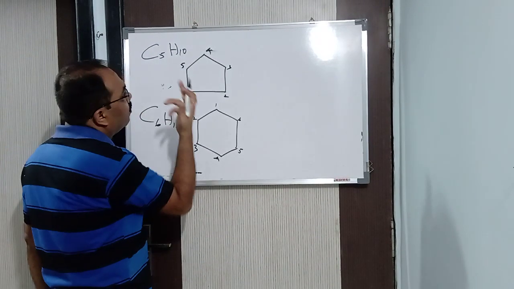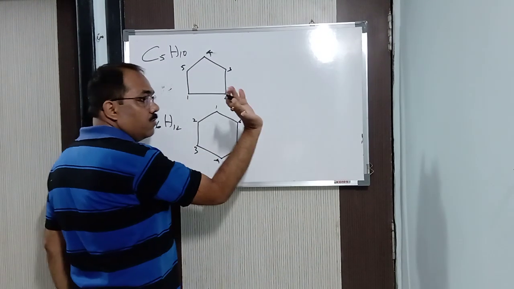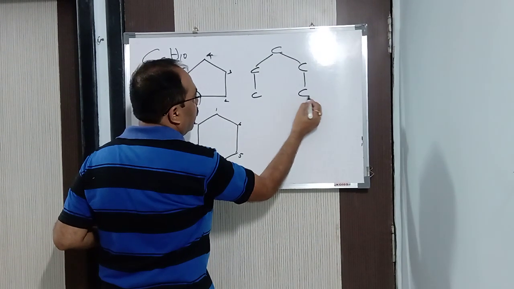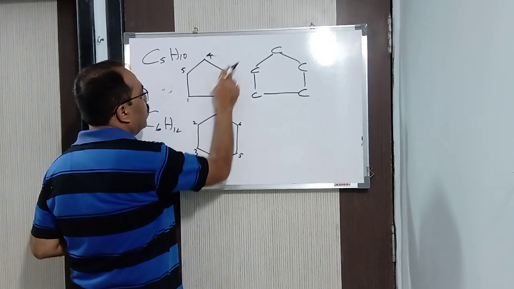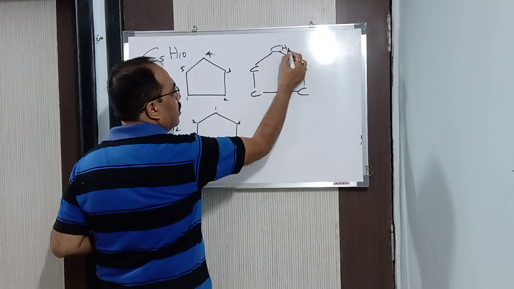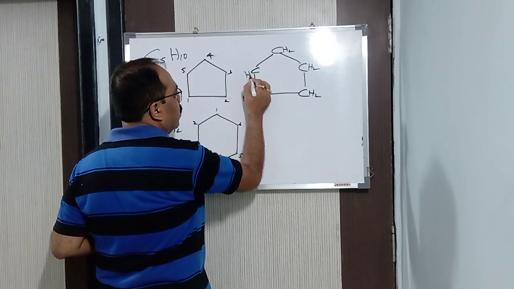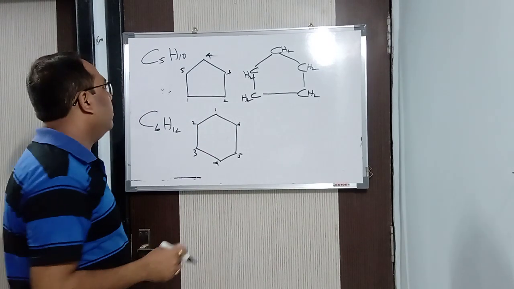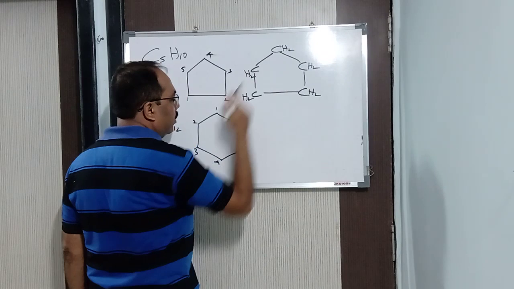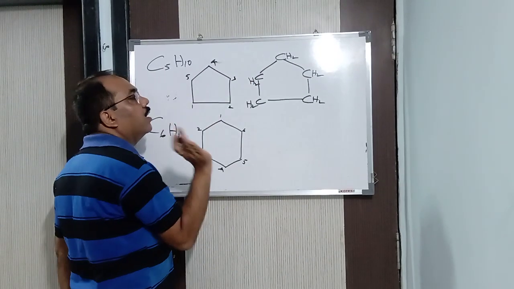Now, you might be thinking where the hydrogen has gone. I will show you. See here, carbon, carbon. How many carbon? 5 carbon. See, 1, 2, 3, 4, 5. So each carbon has 2 bonds. What is that? CH2, CH2, CH2, CH2, CH2. Count it and see how many carbon and hydrogen. 5 carbon and 10 hydrogen. 2, 4, 6, 8, 10. Done? In this way. So instead of writing in this way, we write it in this way.